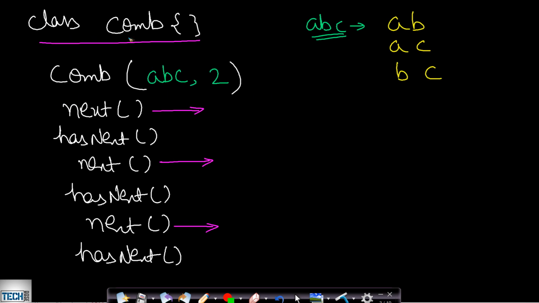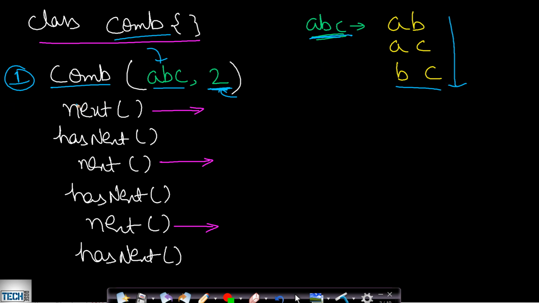Now for an example we are given a class. Let us assume that this class is a combination class. Now in the constructor, here we are given a string which will be in lexicographically sorted order, and then we will be given a combination length. So in this case ABC is the string. Now from this given string we want to find the strings having only this given combination length. In this case it is 2. So from ABC we can have combinations AB, AC and BC. These will be the three combinations which will be possible from this string ABC. They should be present in lexicographically sorted order. Okay, so they are lexicographically sorted now.